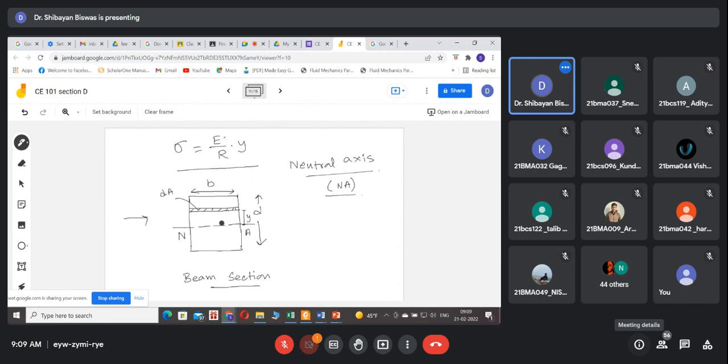The stress in this elemental area is E by R into Y, as it is Y distance away from the neutral axis. Now, what will be the force in this case? The force on that elemental area will be sigma into dA, that means E by R into Y into dA. So this is the force